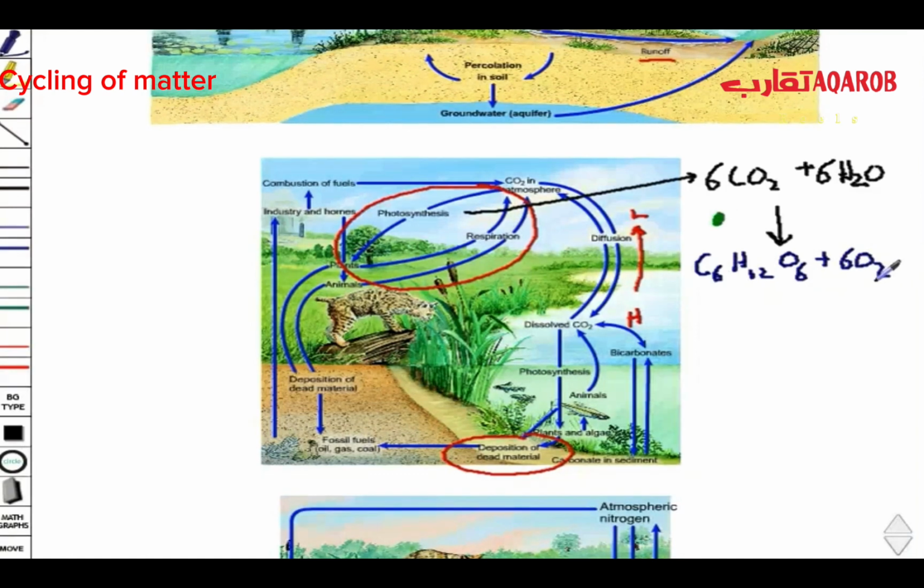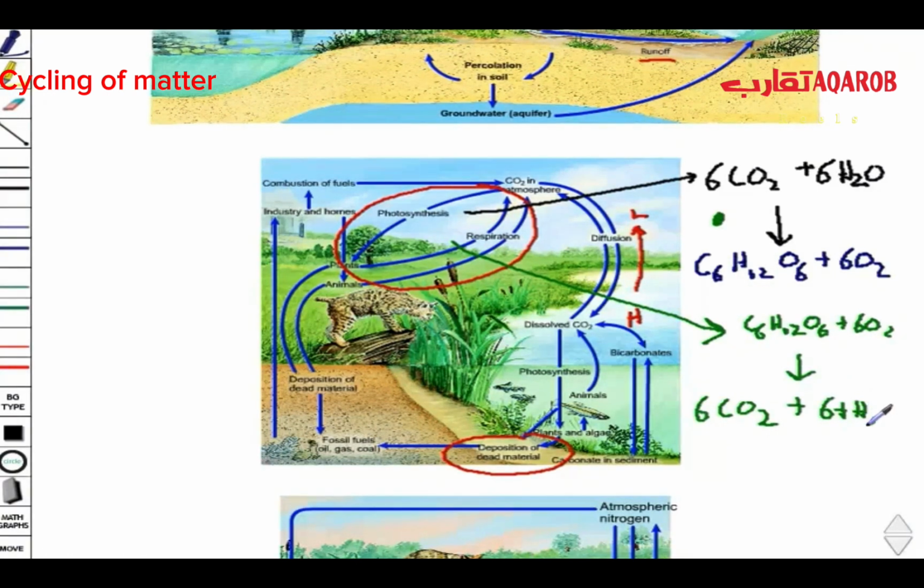Now this is really important because respiration ends up being the exact opposite. Going in, animals or plants have made sugar, and we breathe in oxygen. And the products are 6 molecules of carbon dioxide and 6 molecules of water. And very importantly, we also have energy. Notice how these two reactions